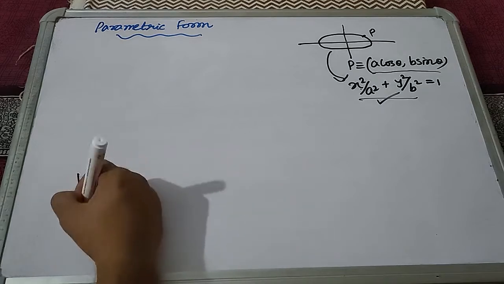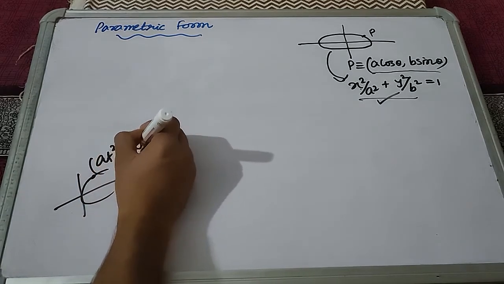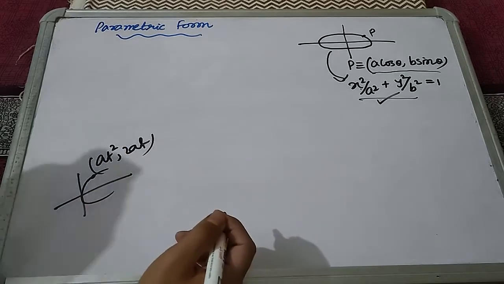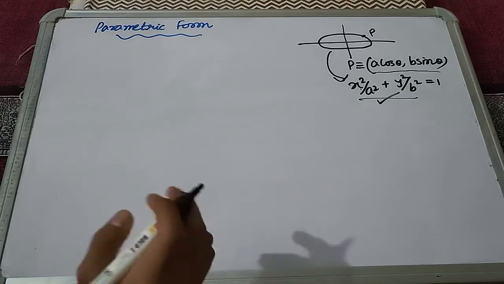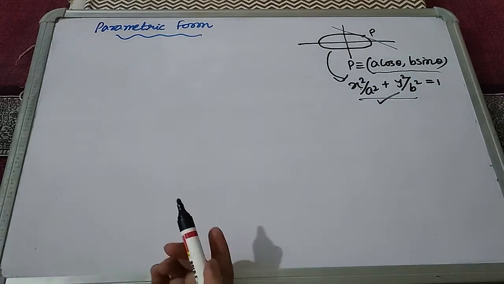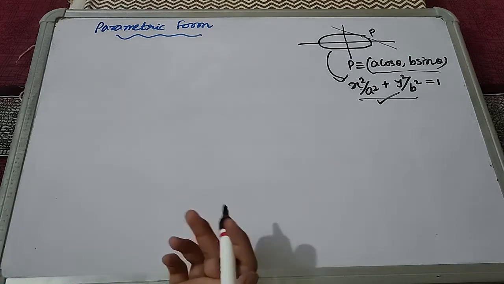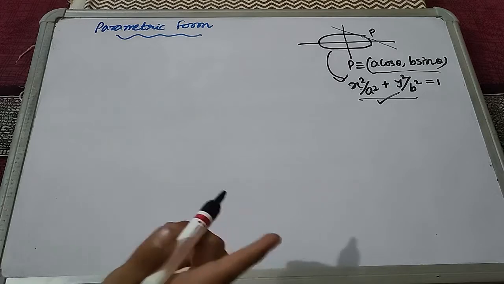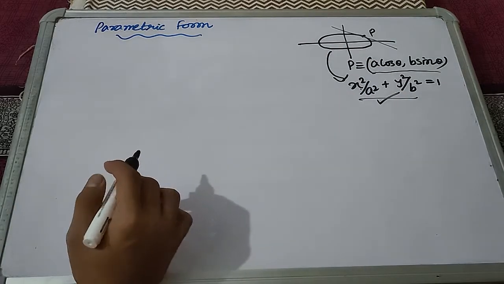We had that in the case of parabola also, where we had the parametric point as (at square, 2at) or (2at, at square), right? So this parametric point is very important. So you need to find the equation of a tangent which passes through this point P. How do we do it? Should we take a long method? No, we just learned the important transformation, and it will work here because point P lies on the curve.